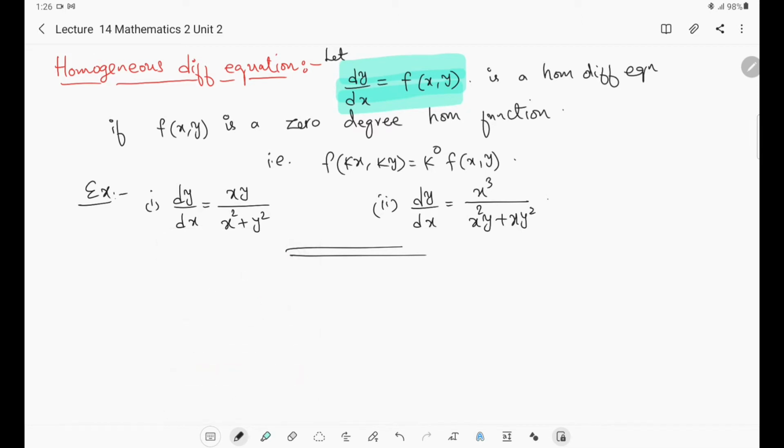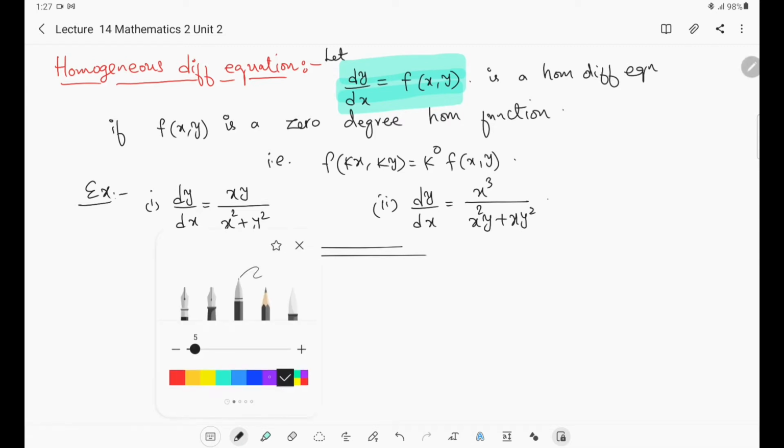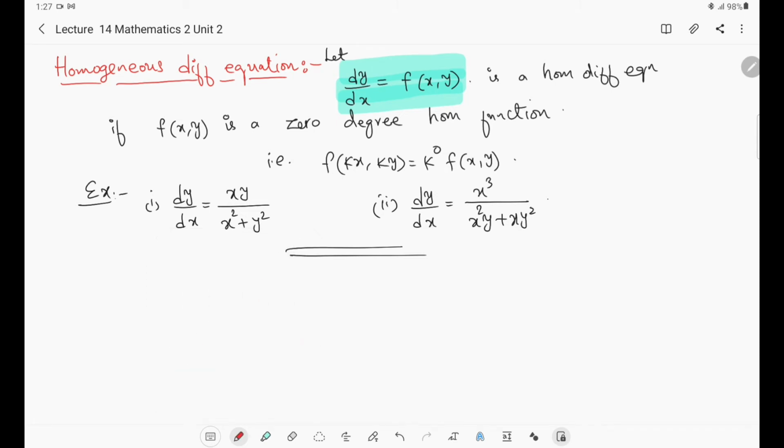Suppose one question is given in the examination where the differential equation is non-exact and homogeneous. Then how to convert that to an exact differential equation? The first method of solving non-exact differential equations was the inspection method, which we learned in the last class. Today we are going to see, if the given equation is non-exact and homogeneous, how to convert that to an exact differential equation. For that, we need to define a suitable function called integrating factor.